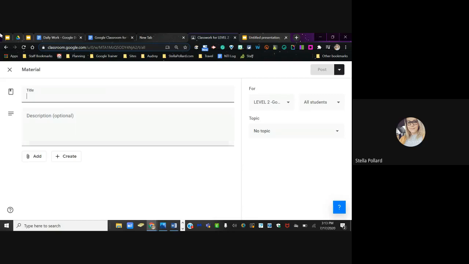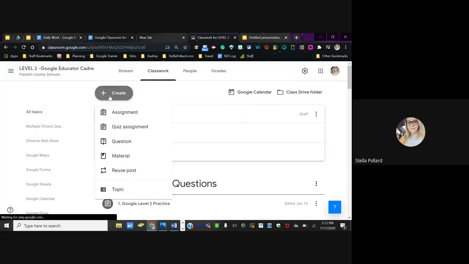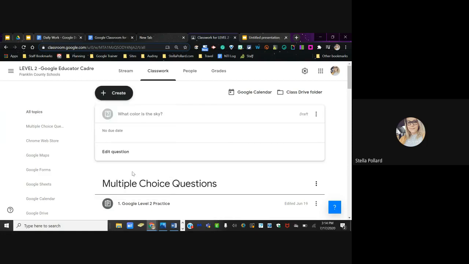Okay, so material is kind of just like the assignment part, but instead of being able to make an attachment for each kid, it's a good place for like your syllabus, something like that. One of my favorite things though, let's say that I have a class that's a little bit ahead of my 3rd period class, and I want to reuse posts from last week's 2nd period class because I had to do some reteaching. If I click create, I can go down here to reuse posts and click on that,